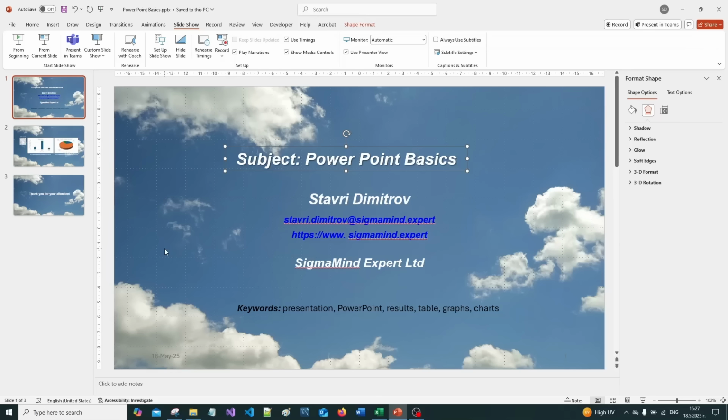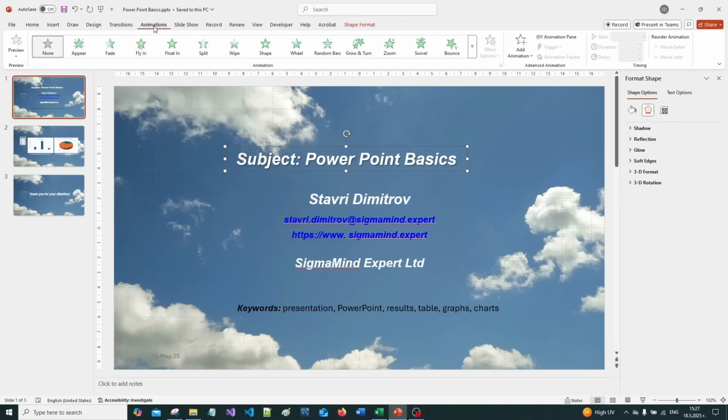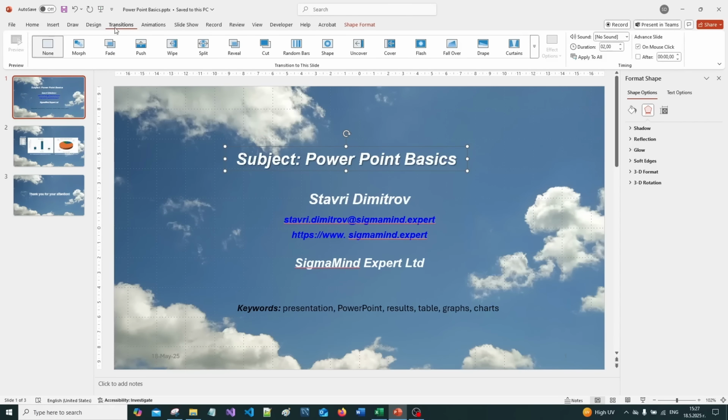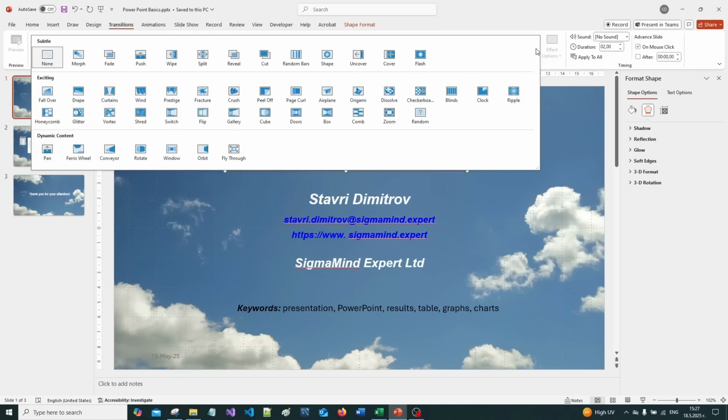For example, we can go and select the transition menu. Here you will see there are different options, and when you click on here, you will see different options which show how we could, while going between the slides, present each of the slides. So for example, if I select this option, dissolve,